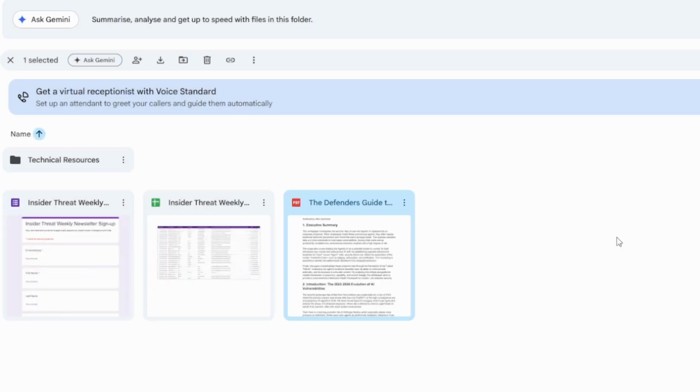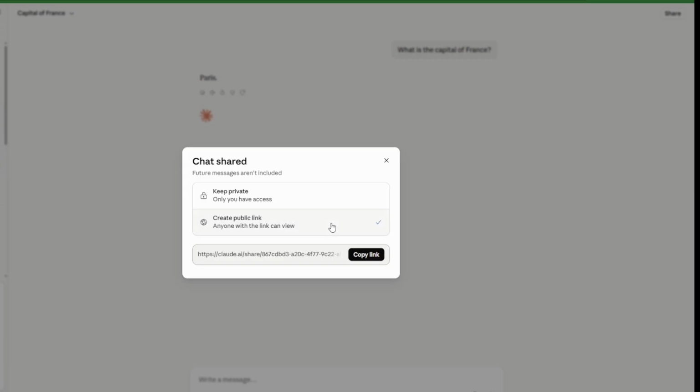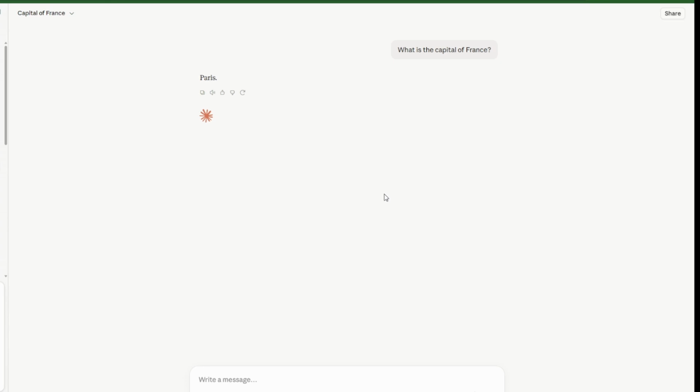Now, the final thing to talk about is when we're sharing these links with people that we trust, and that we still need to be cautious about the data that we're sending. Let's say that we did create this share link in Claude, and we copied this link and we weren't posting it into a forum and we weren't posting it on a social media post, which means that it's not going to be indexed into Google. But we are sharing this with someone that we think we trust. If they were to have their data compromised, or they were to then go and post that link into a forum, your data is still exposed because it's connected to a public open-facing link.